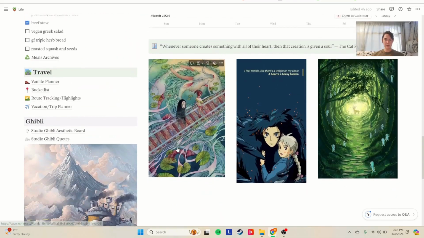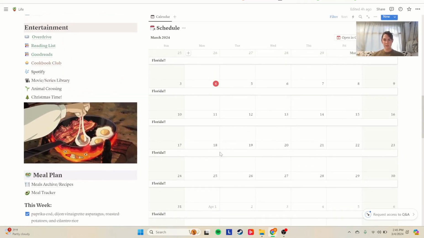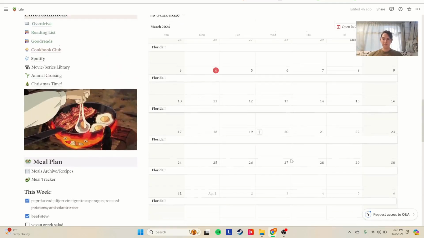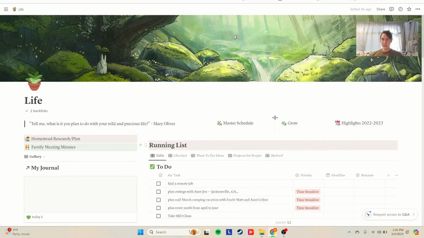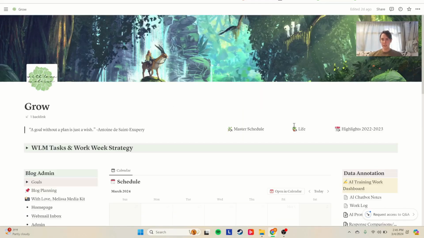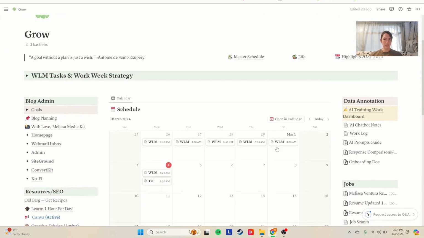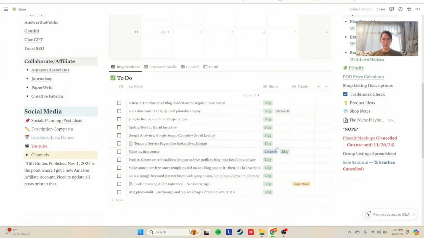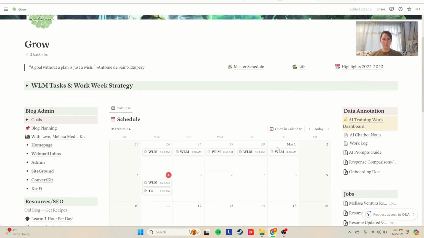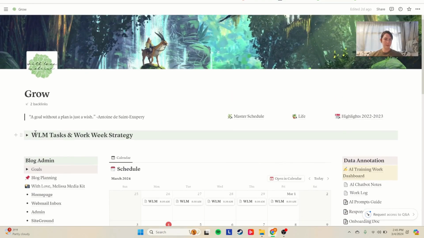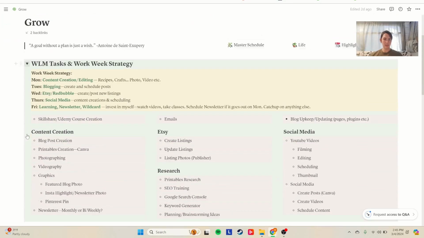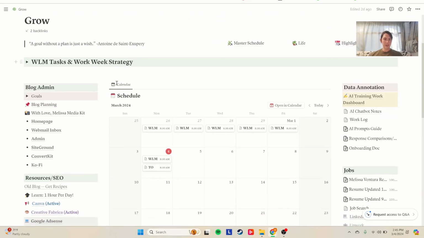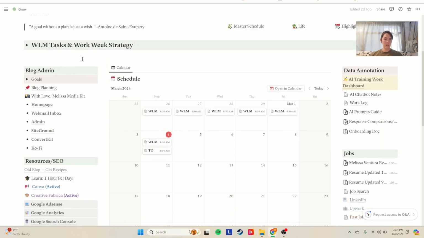So this is my personal page. There's not that much going on my personal schedule right now. I haven't been keeping track of things. I should add some more stuff on there. But this is my personal page, and then we're going to go to my work page. This is my work page. I use this all the time. I have a drop down right here of work strategy. And then on the left we have my